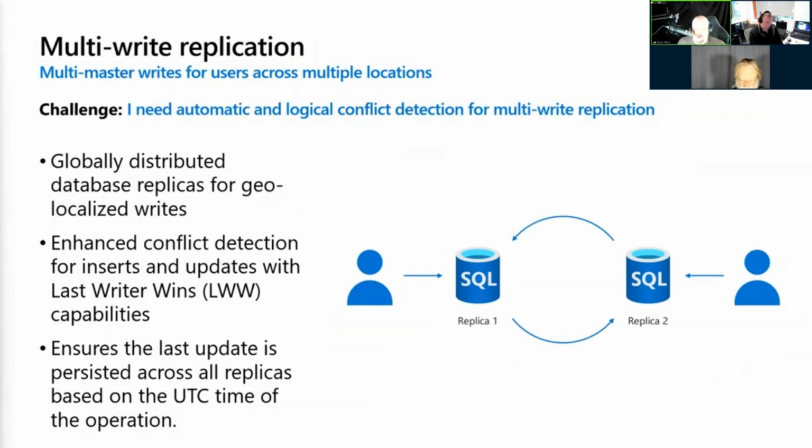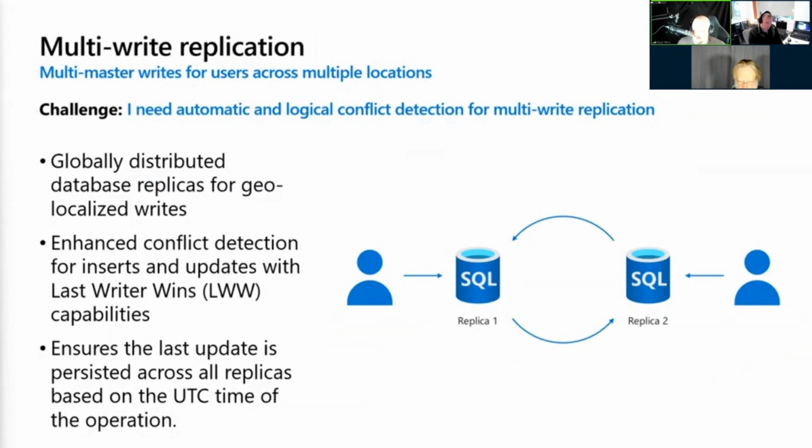So subscribers could be in any location or may be leveraging peer-to-peer replication in order to establish high availability or disaster recovery. Peer-to-peer replication is built off of this transactional model to provide scale out and high availability by maintaining copies of data across server instances that we call nodes.